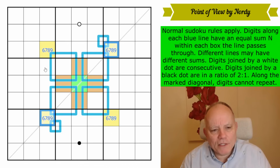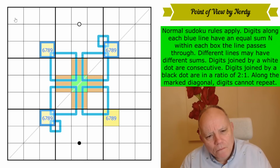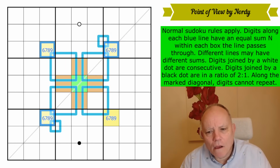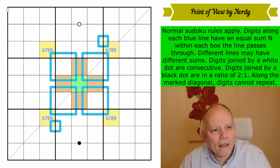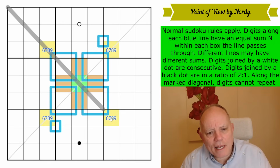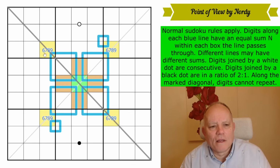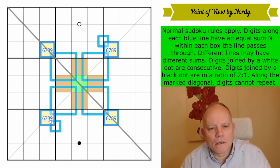One way to look at these 4 digits: let me just show you. If you had another line, another diagonal line coming down here, so they all had to be different, then these 4 cells would all have to be different. They would all see each other. But without this line in place,